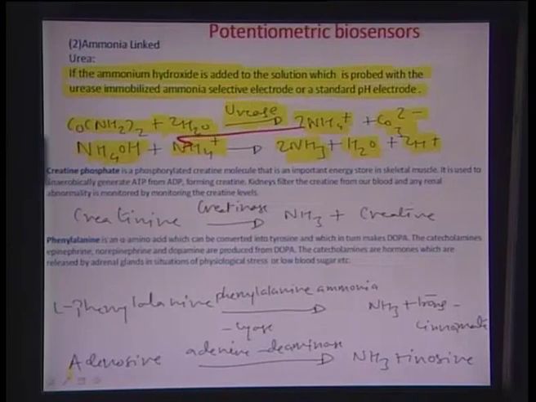There are some other analytes of interest within the human body. One which gives very good information about the renal system is creatinine. Okay. So, creatinine is essentially stored as a phosphate form and is the phosphorylated form of the creatine molecule. It is an important energy store in skeletal muscles. Okay. Essentially it converts anaerobically the ATP, the adenosine triphosphate, into the diphosphate form, and this results in the formation of